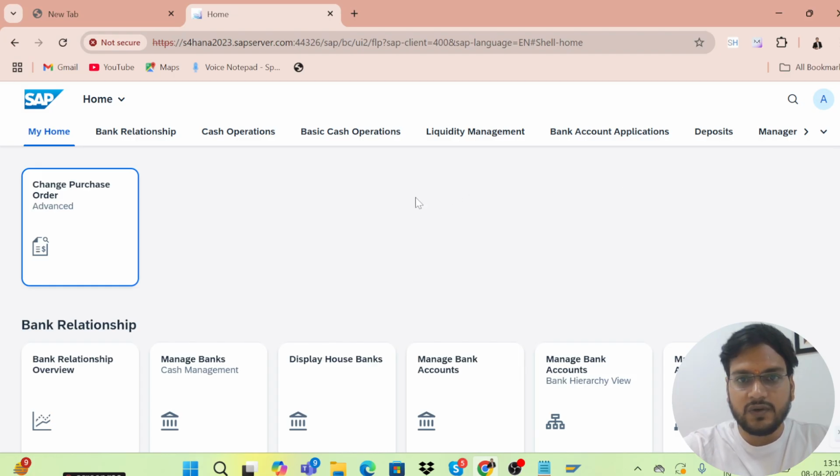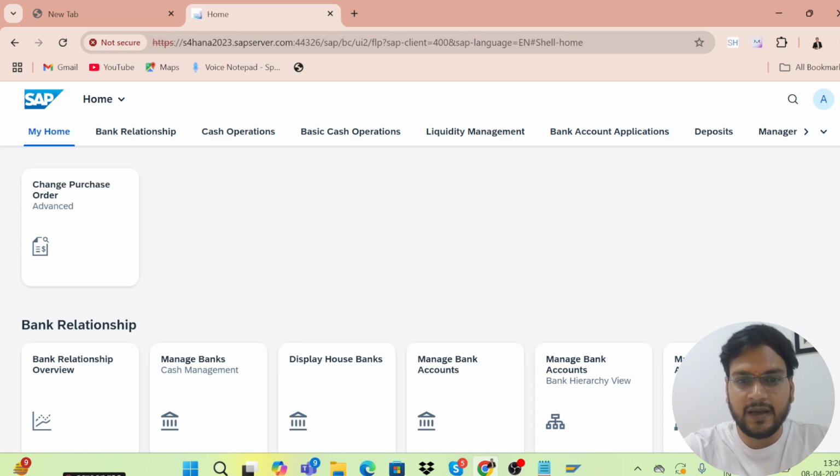Okay, so you can see this is Fiori, and you can see bank relationship, FICO related tiles are there, cash operation tiles, basic cash operation, liquidity management, all these tiles are there. But in real time, if you are an end user, you will have access to whatever tiles you are working on.